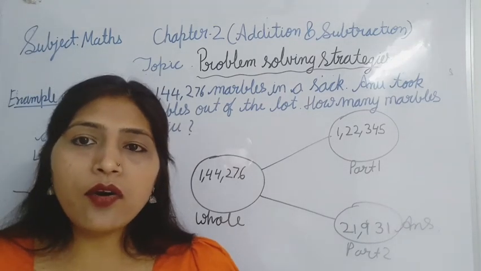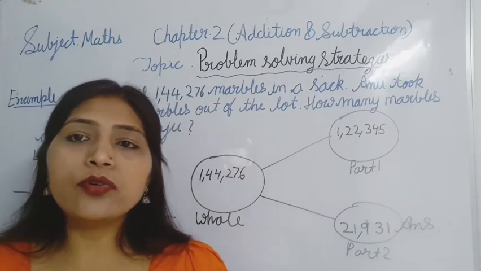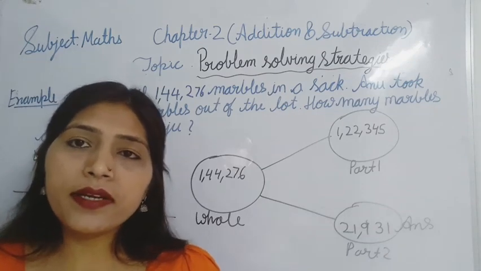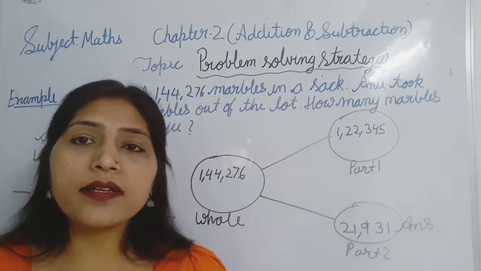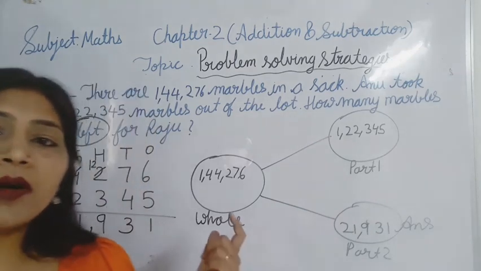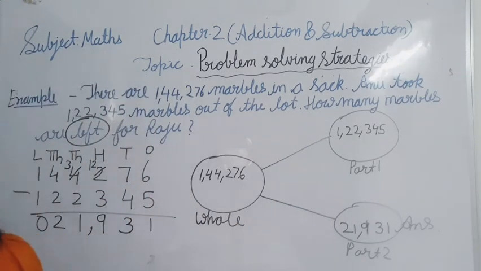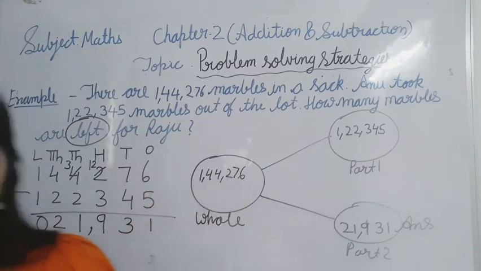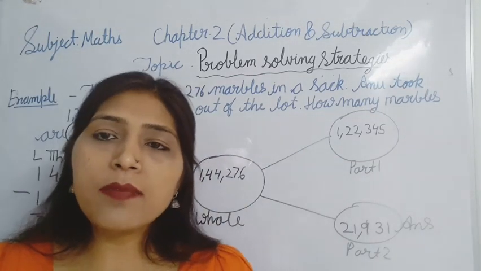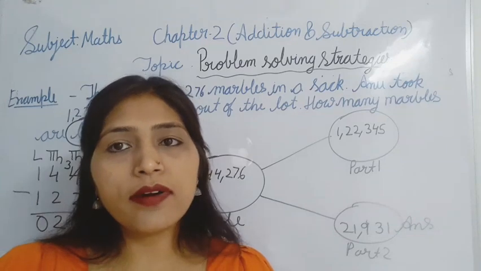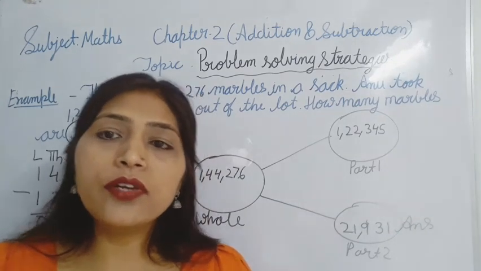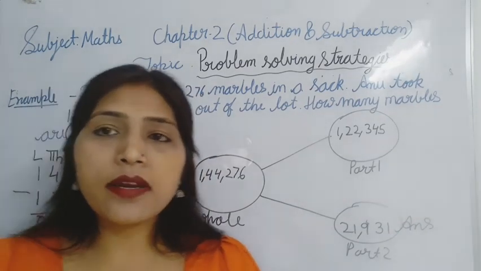Yes. So I hope it is clear to you all how to solve the word problem. Read it carefully, observe it, understand it. You can make a diagram also, like a picture diagram, to understand it. You can make the number bond also. So you can use these methods to solve word problems, and when you do more practice, you will understand in a better way.